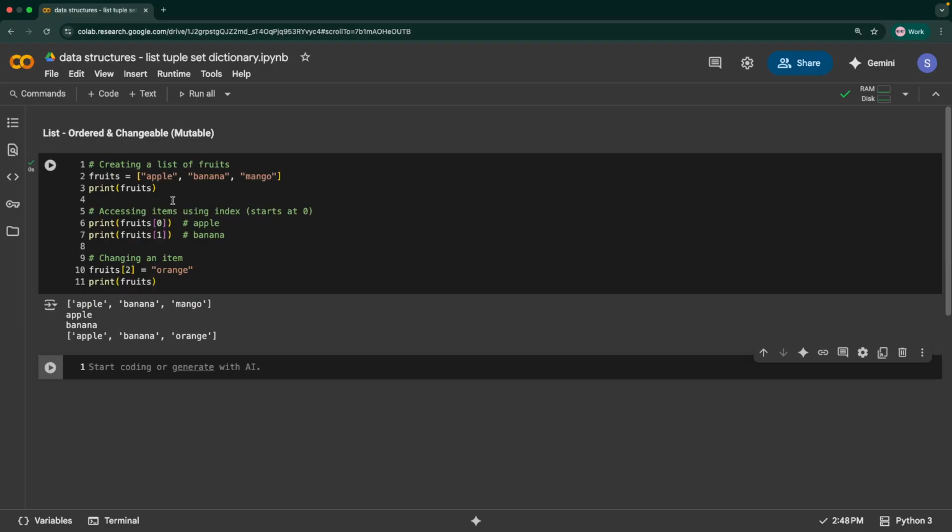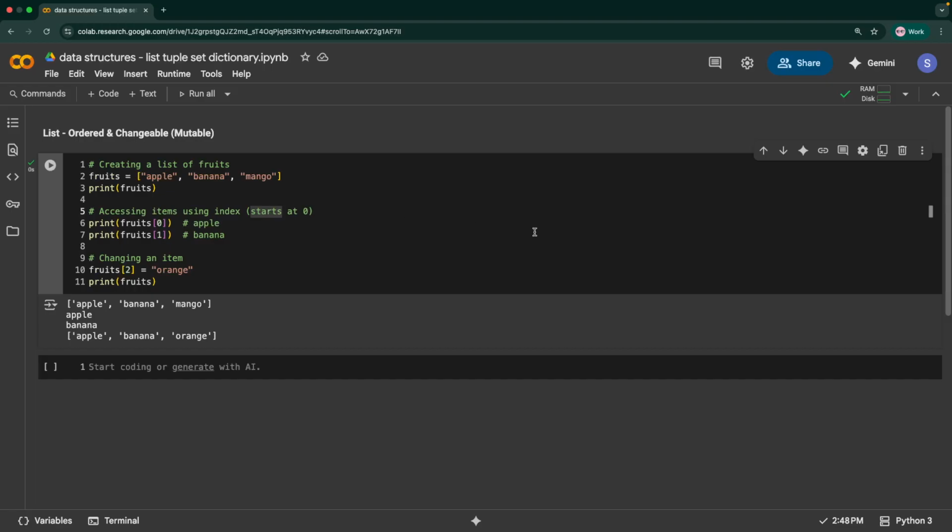So lists use square brackets. When you want to create a list, you put the values within square brackets as mentioned. Items are ordered and can be accessed by position, which is nothing but our index, and you can modify items. So these are the three main key factors to understand about lists.